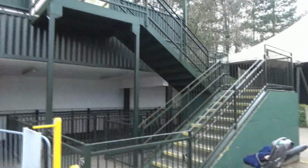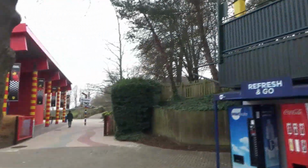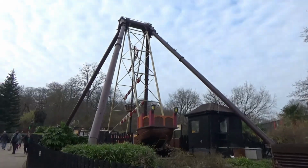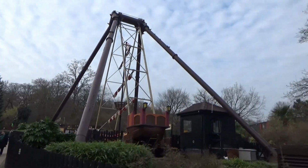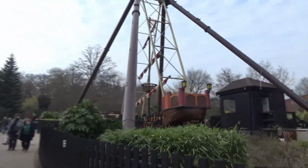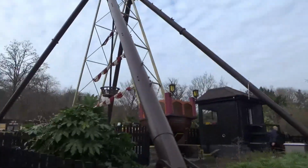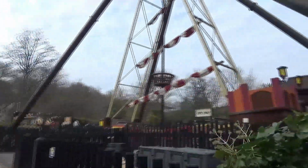But yeah, you can even see where all the posts used to go into the ground for the queue, just here, and then you'd go up that staircase and get onto the ride. But as you can see, there's nothing left of it. So the Jolly Rocker is also closed here. I assume this one is also opening on March the 13th. That seems to be when the main season starts and all the rides will be operational, but for now...